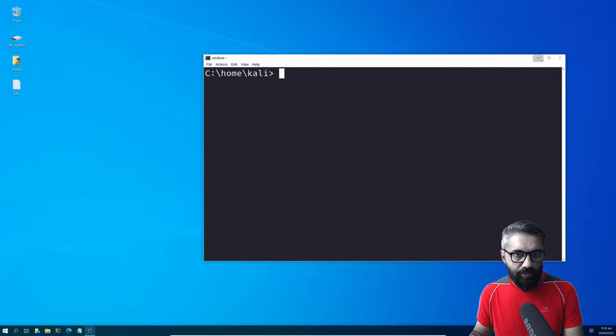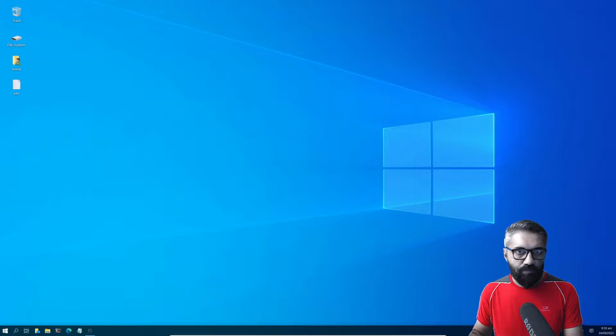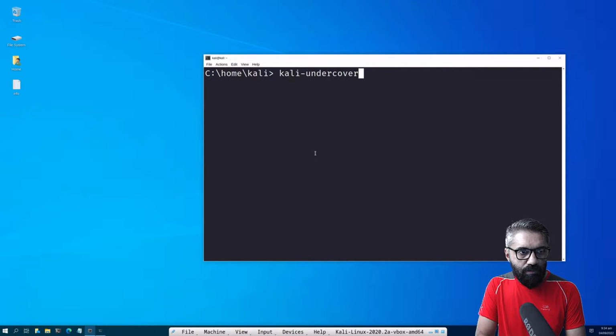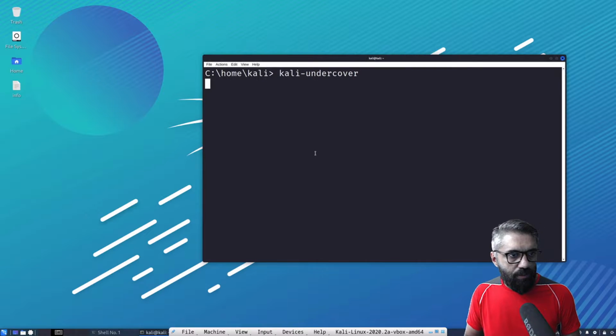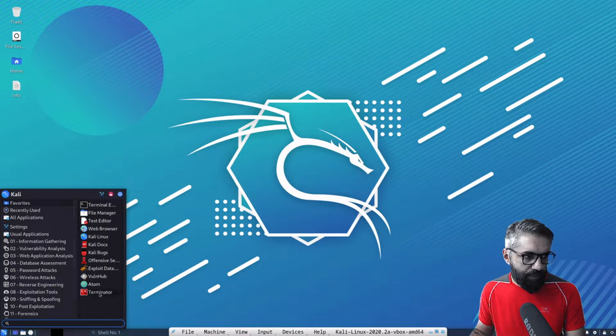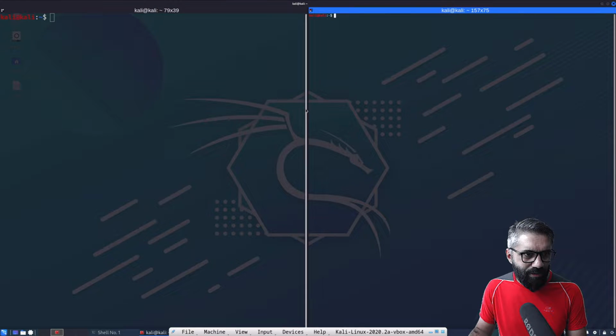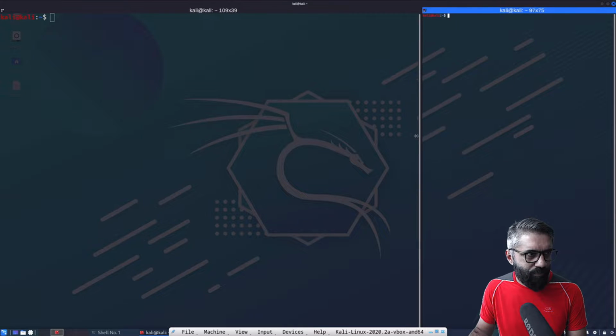Let me just minimize the screen. There you go. This is not a Windows system, guys. This is just a mode. Let me get back and I'll type kali-undercover. There you go. For the terminal, I'll use Terminator. You can split the terminal into two,